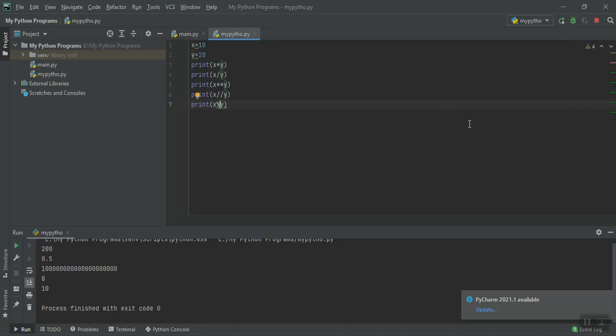So these are all the operators you have. These are your arithmetic operators, right? If you want to go for conditional and logical operators, we have to go with if, for, while, all those things. Then only we'll be getting into this.